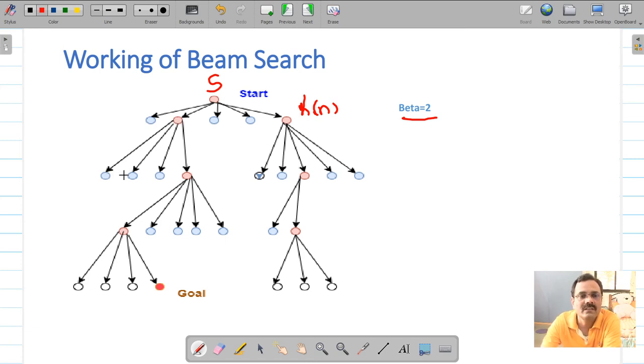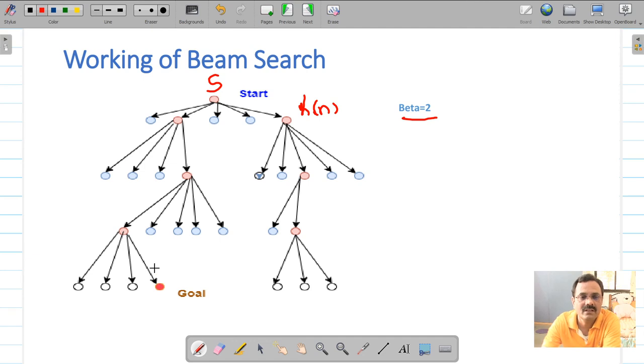So the first node has generated 4 children again. The second node has generated 5 children. Since beta is 2, out of these 9, 2 nodes are selected for further expansion. After further exploration, this node has generated 5 nodes, and this node has generated 2 nodes. So out of these, the 2 best nodes will be selected, and every time, after every iteration, you are going to